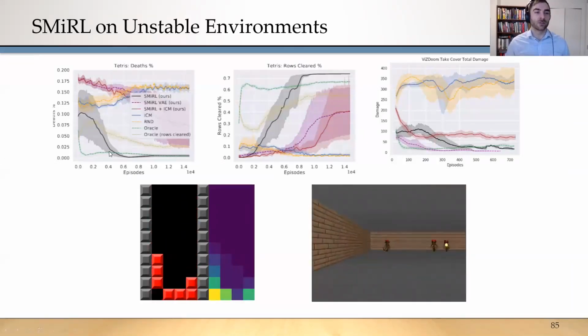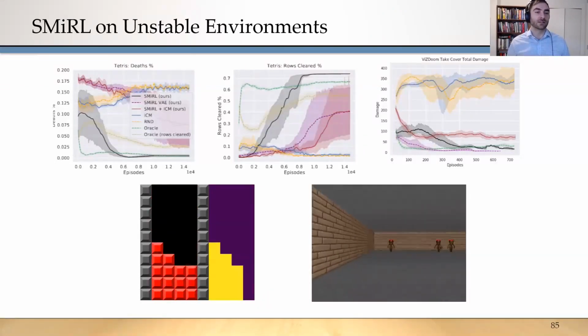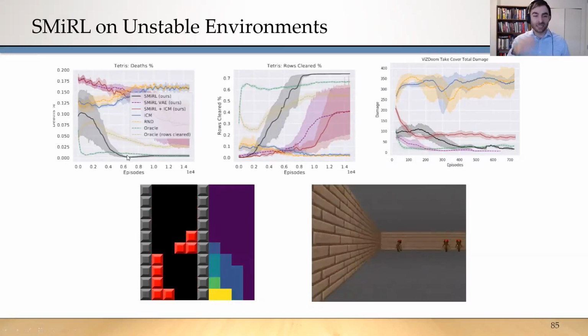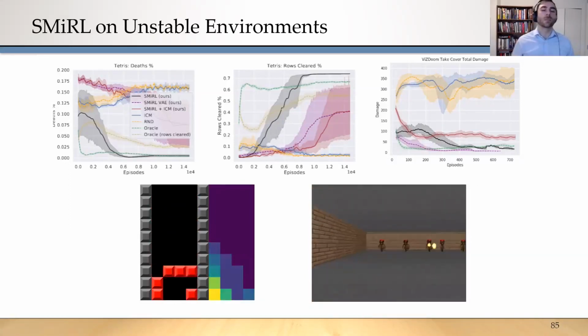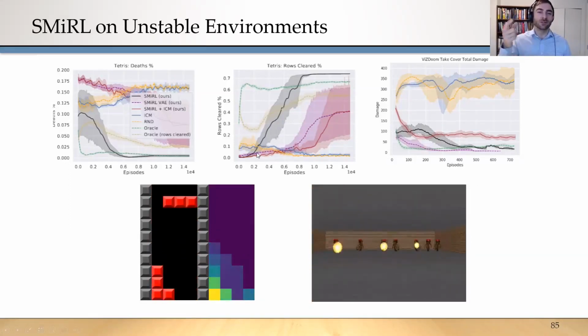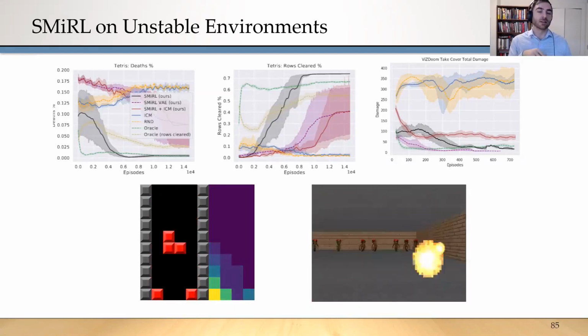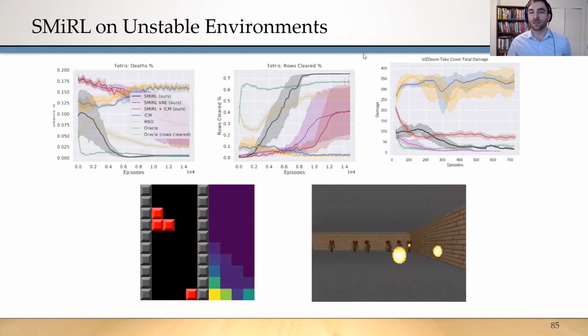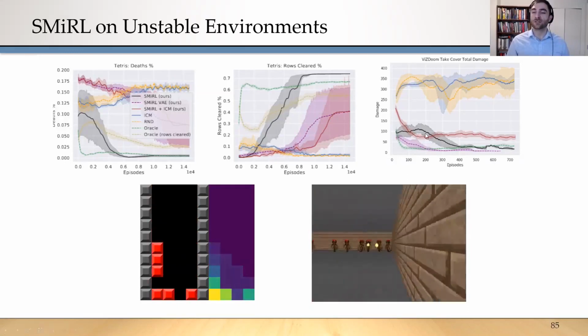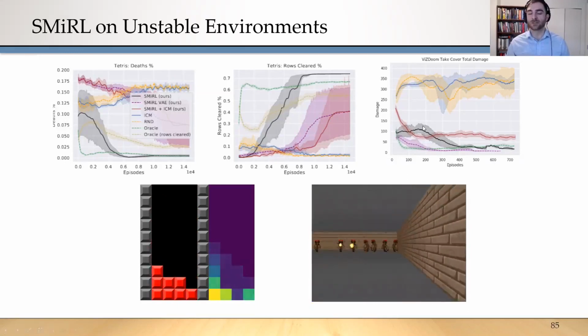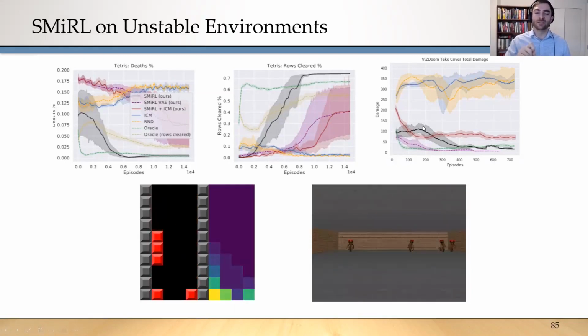SMIRL ends up learning how to play Tetris while greatly reducing the number of deaths that the agent experiences. It also increases the number of rows that are cleared. And for the VizDoom environment, SMIRL ends up minimizing the entropy